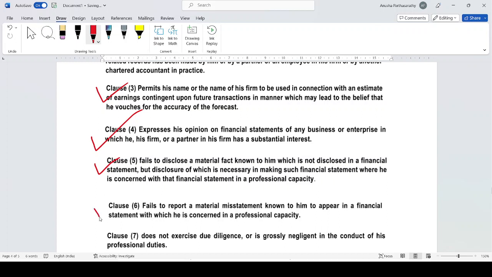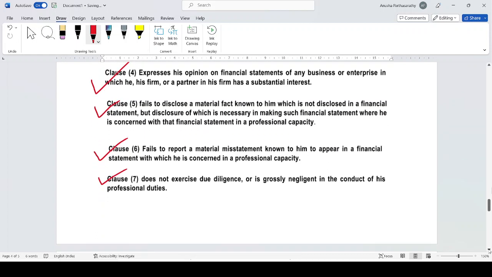As per Clause 6 of Part 1 of the Second Schedule, Chartered Accountants Act 1949, a chartered accountant in practice will be deemed to be guilty of professional misconduct if he fails to report a material misstatement known to him to appear in a financial statement with which he is concerned in a professional capacity. As per Clause 7 of the Second Schedule, Chartered Accountants Act 1949,